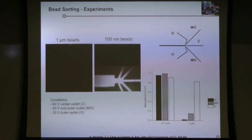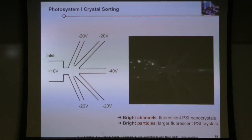And then we tried the same setup with nanocrystals. So that's what we're actually interested in. And that's what you see next here. So again, this is the schematics of the device and the conditions that we used in order to make this work for nanocrystals. And the movie shows you now photosystem 1 right off the crystallization broth as we get it